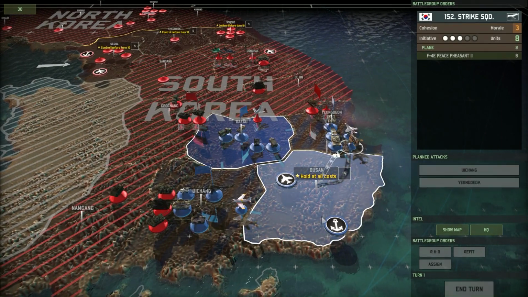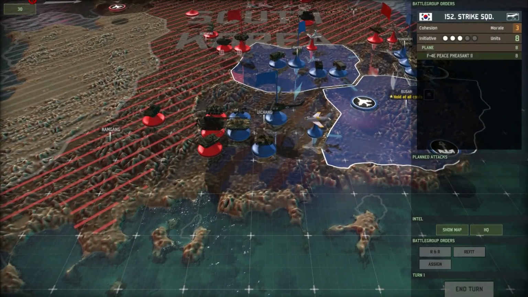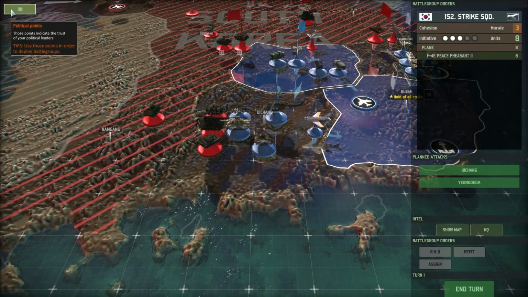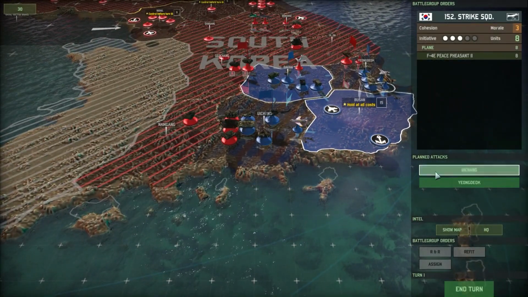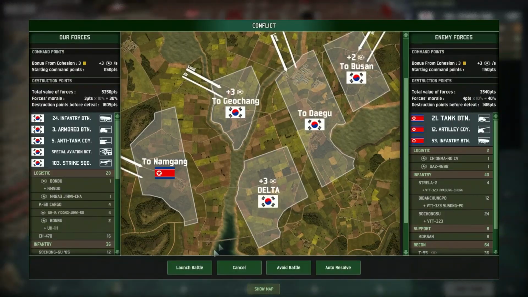And I'll show you how we're going to assault Yuchang. We're also going to save our points here for when we actually do the attack over here on the left. And this is just basically how we're going to do it. We're going to defend all these places with the super cheesy way, knowing how the enemy is going to kind